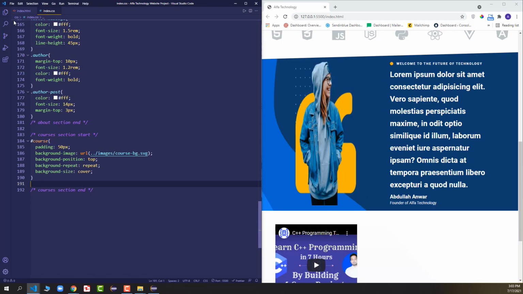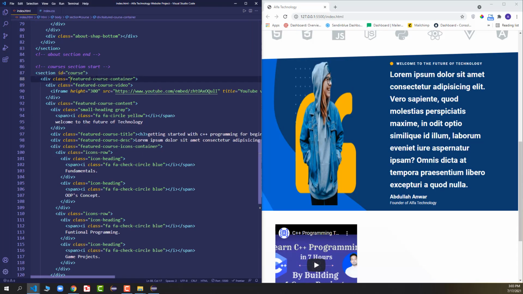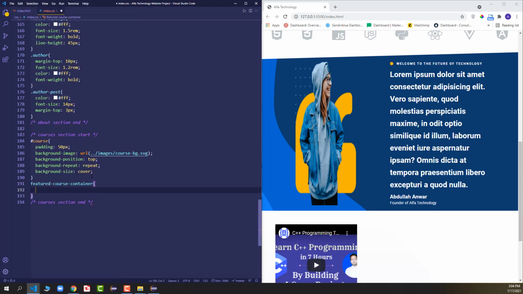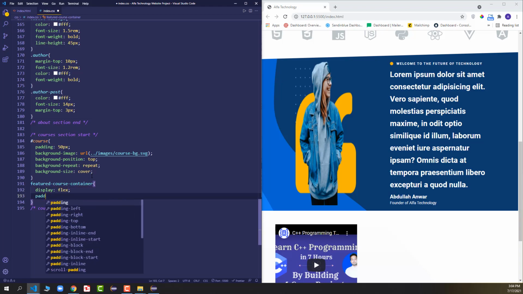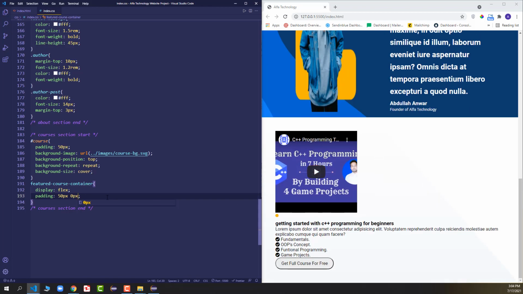Now here you can see we have a class called featured course container. So we'll target that featured course container class, and here we'll say display flex, and the padding will be 50 pixel top bottom and 0 pixel left right. Okay, and after that, I forgot to add the dot to the featured course container.